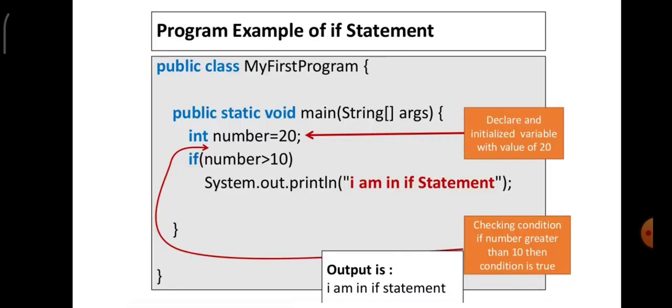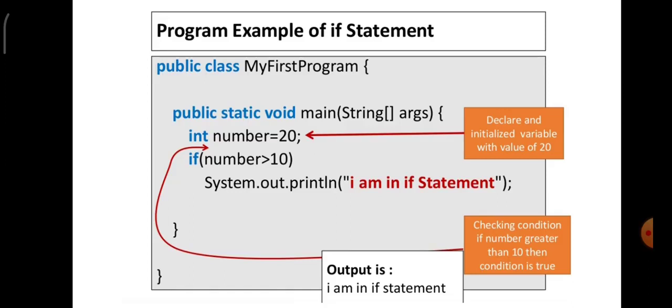Next, here in this example it is very clearly given, public class my first program is the name of the program, and the next statement is the main method, public static void main string args. All these things were taught to you in the previous class. I hope it is very clear to you. And for your kind information, this main method is the first function that will be executed by the Java compiler. This you have to know.